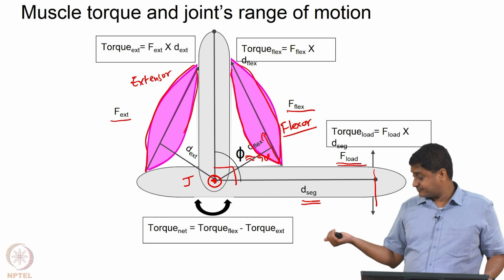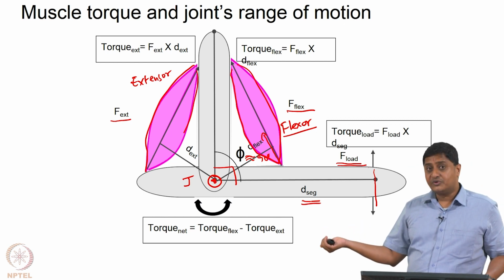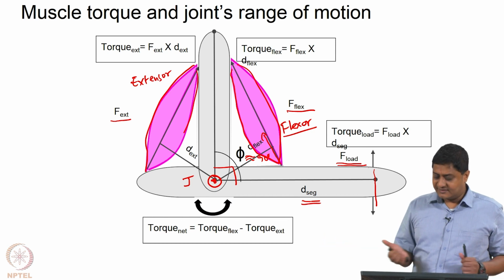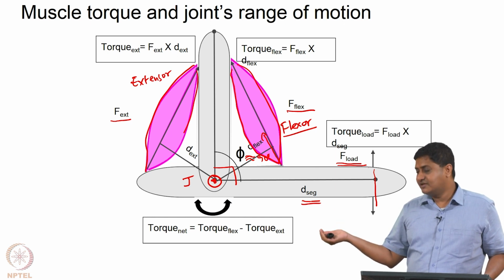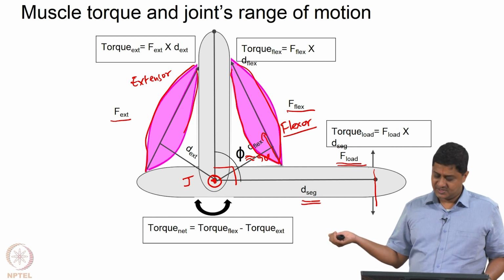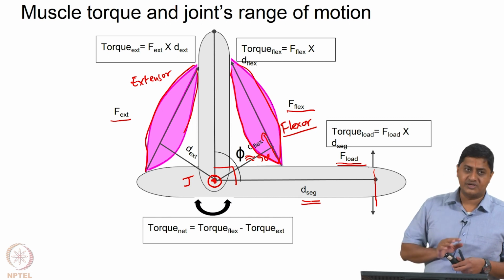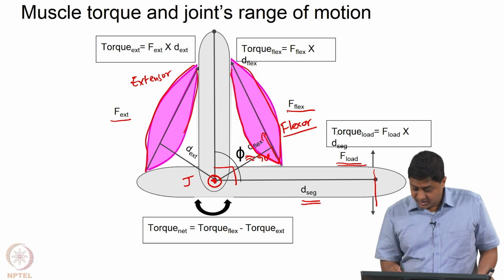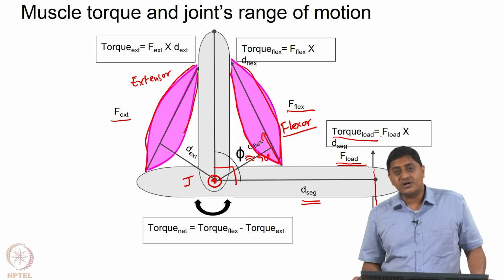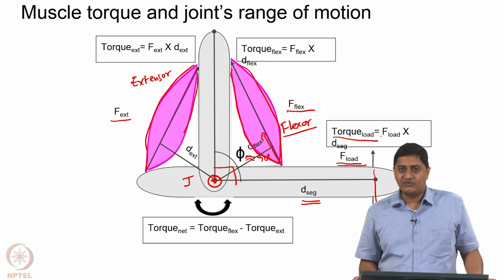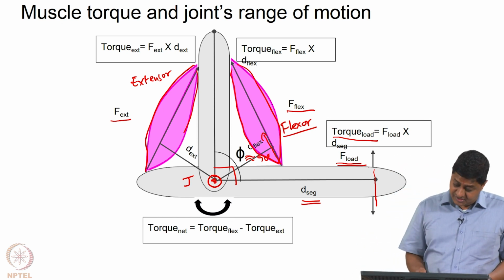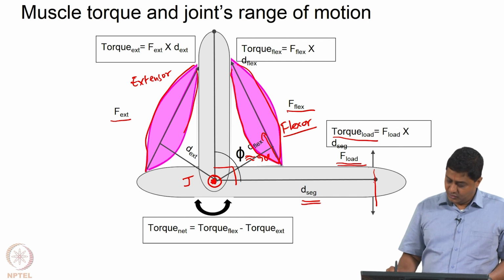So, in that case I have to produce an active force with the flexor muscle such that the moment or the torque that is produced by the load is overcome by the torque that is produced by the muscle. Let us analyze that situation a bit more deeply. The torque that is produced by the load is essentially the product of the load itself times the perpendicular distance between the load and the joint, the axis about which the movement is happening. The joint is here, the load is here.